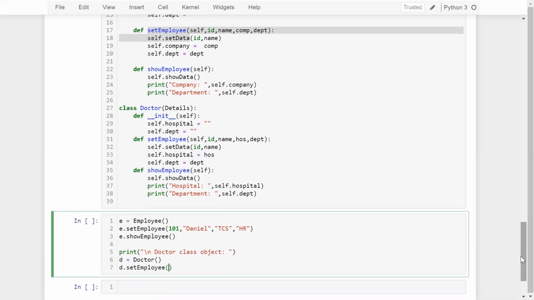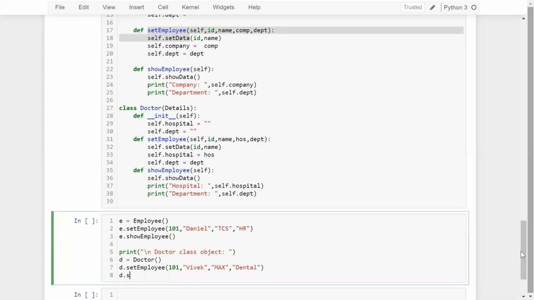And here I can pass the basic information, which is employee ID 101, and here Vivek, and the hospital name, which is Max, and the department is dental. Okay. Now let me execute the show employee. So D dot show employee.